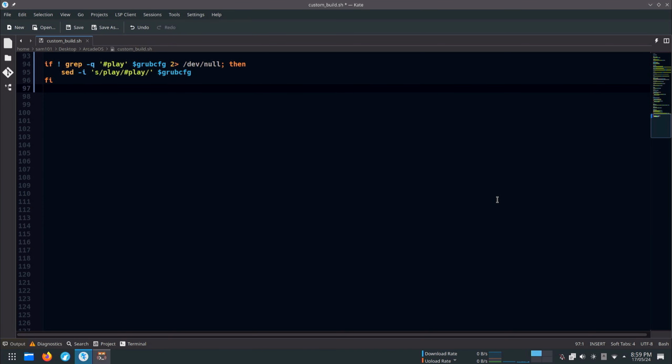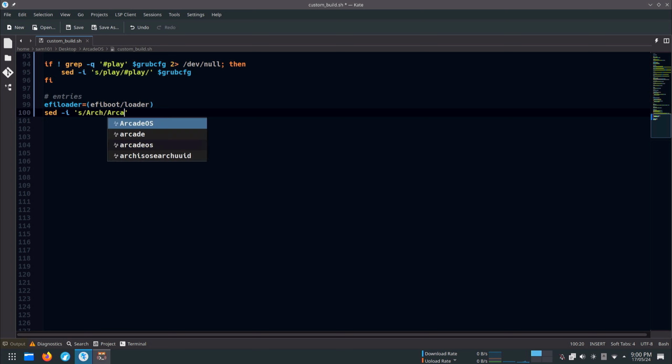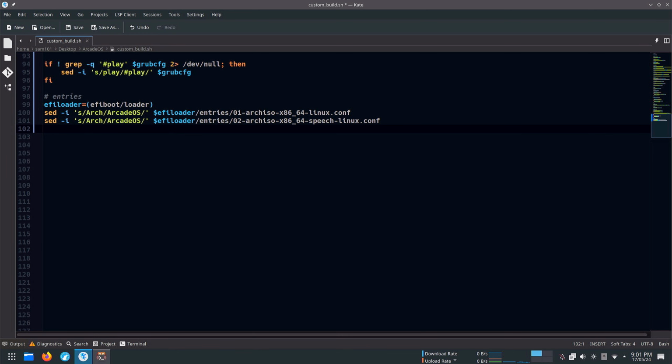Here comes our last section, entries and loader. EFI loader represents the EFI boot/loader. With the use of sed, we are going to change Arch to Arcade OS in both the 01-archiso-x86_64-linux.conf file and the 02-archiso-x86_64-space-linux.conf file.